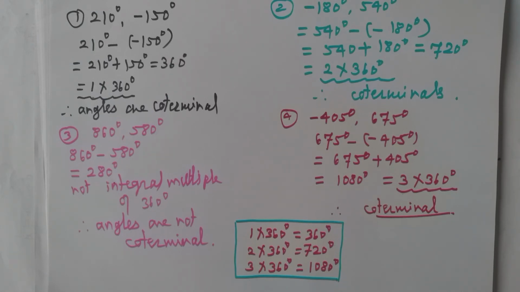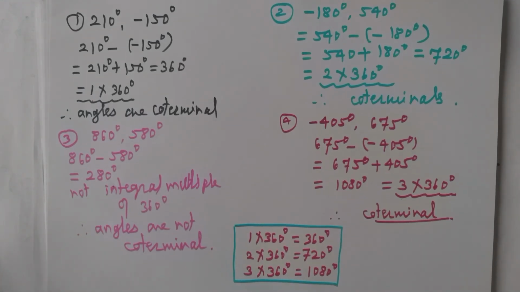Okay. In this way, in today's lecture, we have seen what is meant by coterminal angles. Again revise that if the directed angles of different amounts of rotation have the same position of initial and terminal rays, then the angles are coterminal. And remember that if we take the difference of two angles, and that difference is an integral multiple of 360 degree, then the angles are coterminal angles. Means the difference of coterminal angles is always an integral multiple of 360 degree.